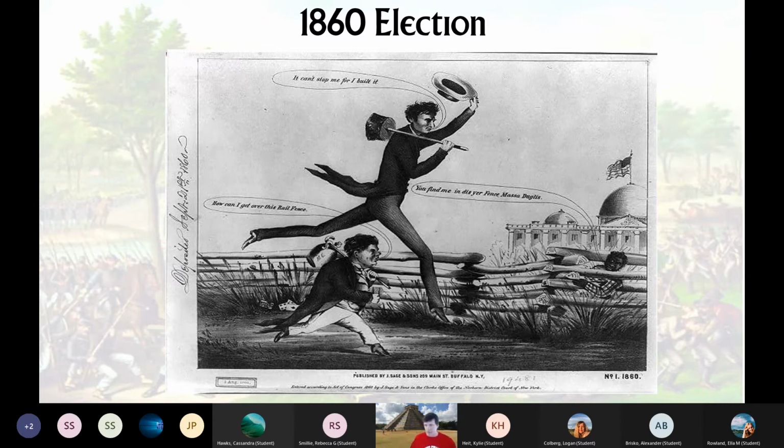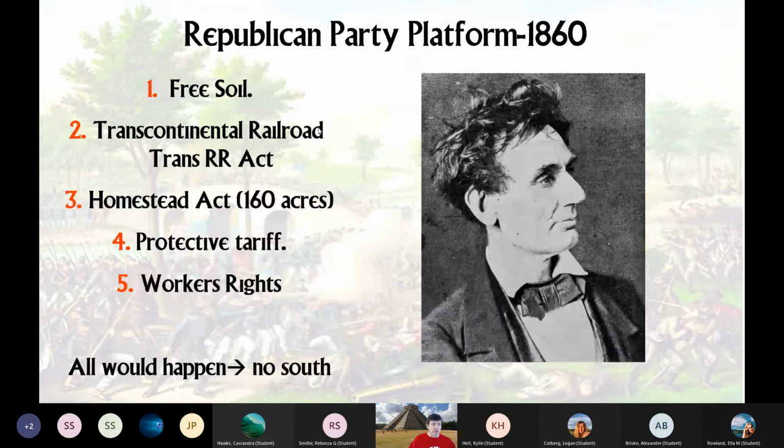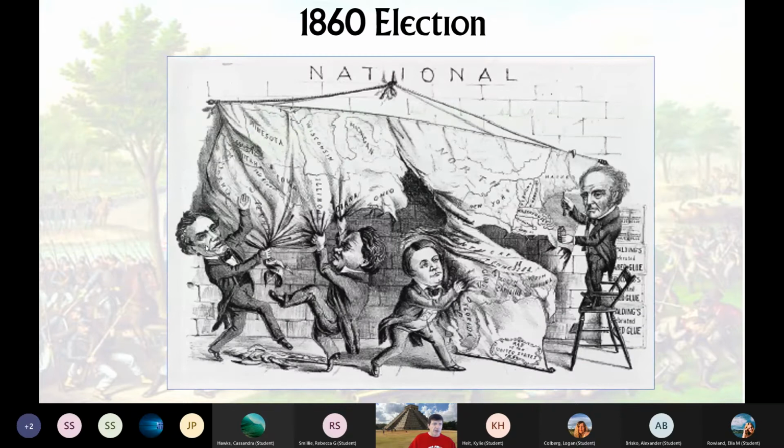Breckinridge and Douglas split the Democratic Party, Northern and Southern, and Southern was states' rights. Bell ran out of the Constitutional Union Party. In fact, that's why I want to go back to this picture right here. Here's Douglas, Breckinridge, Bell's Constitutional Union. And so Lincoln just couldn't screw up. He's breathing and functioning, and he'll probably be president.